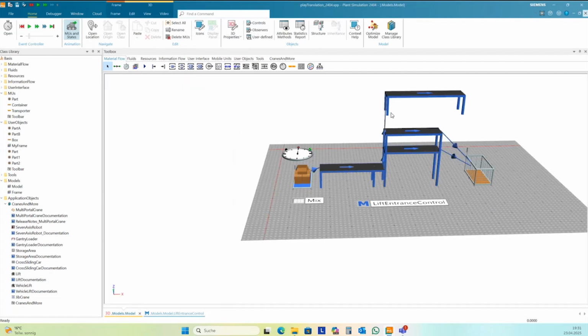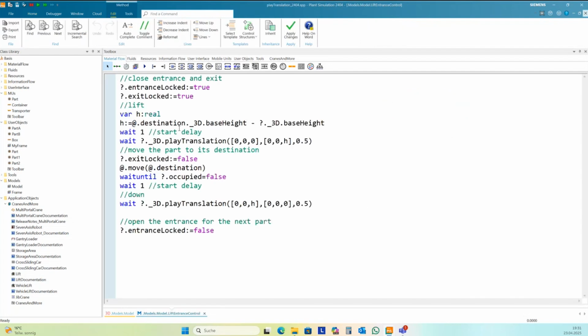But then I need to take into account also the height of the frame, the position of the frame here. And so I need to change my method a little bit at destination plus.